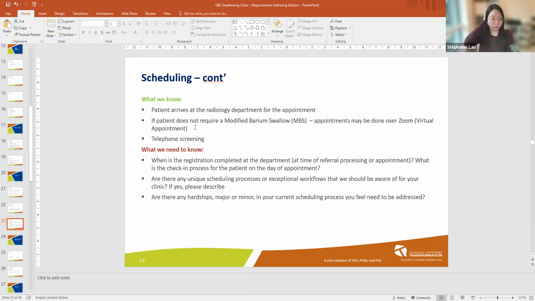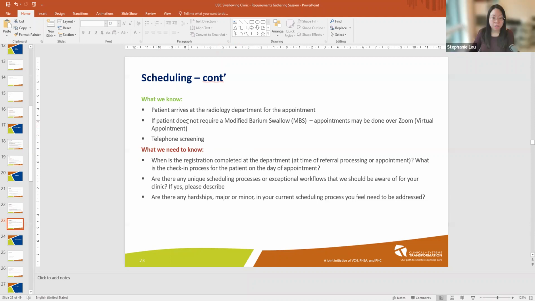The reason why I mentioned that was the tagging onto the OT and the RD at the time of the modified barium swallow. That happens all together at once after the modified barium swallow. But I think it's just that you have 2 separate appointments; the consult may be done over Zoom. The modified barium swallow can never be done over Zoom. It's in the medical imaging department, and the Zoom appointment is a separate appointment. Yes, correct. It's just the way you have it written, sorry.